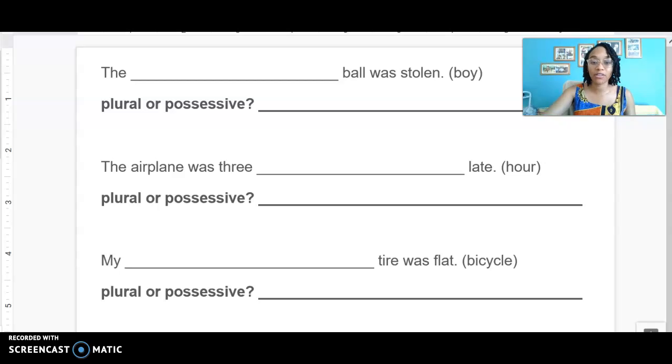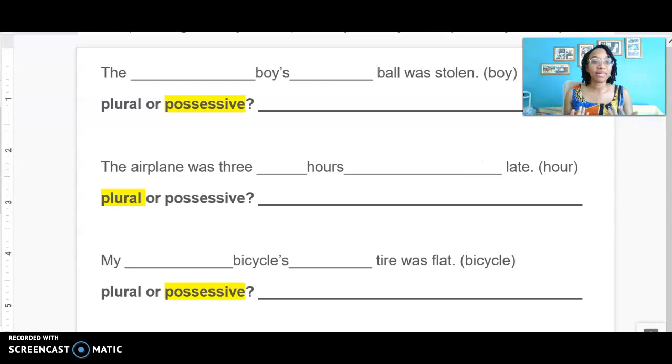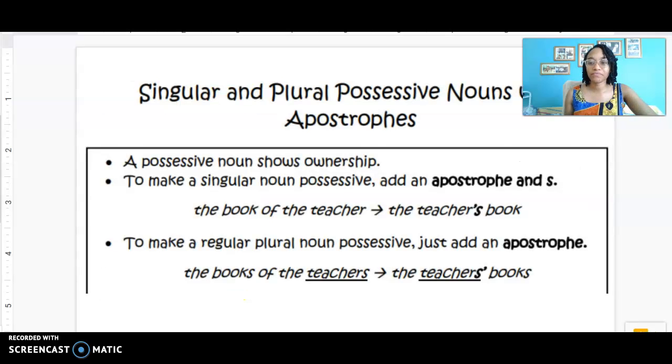The tire that belongs to the bicycle, or is part of the bicycle, is what was flat. Let's check our answers. Possessive, plural, possessive. Remember that when we use an apostrophe s, we are talking about possession. Now, the noun that owns something, right, Miss Amelia's cup or the teacher's classroom, these can be plural or singular